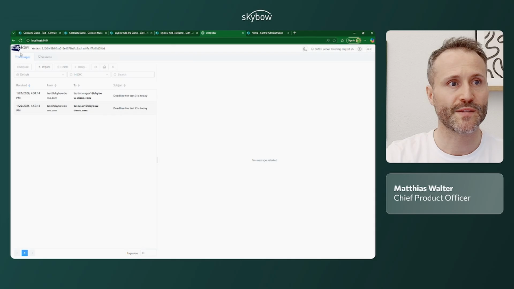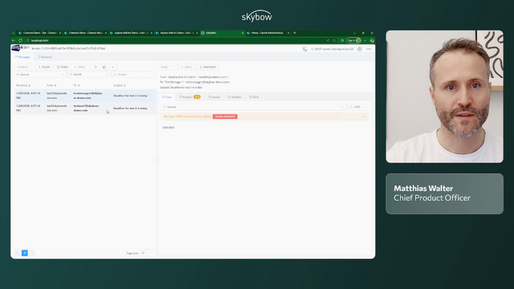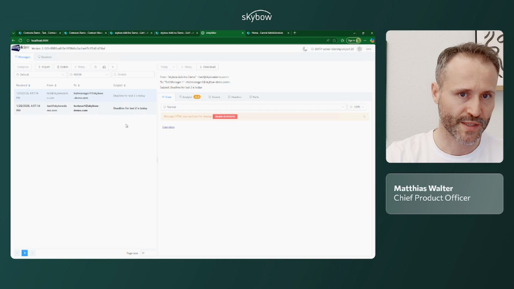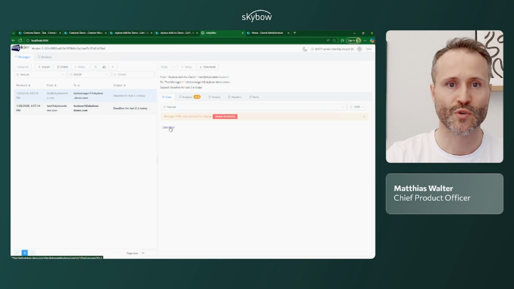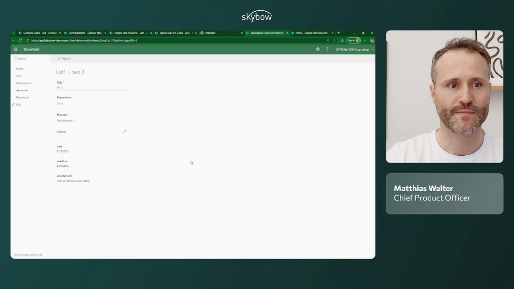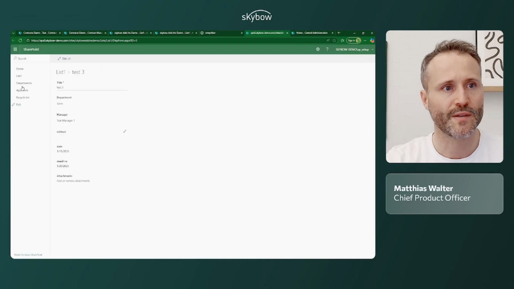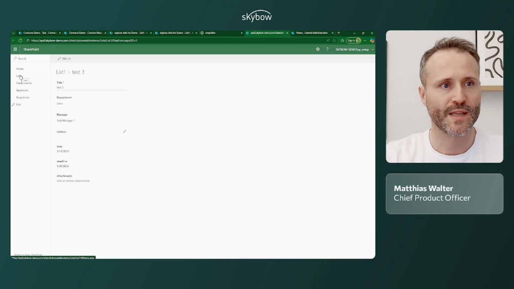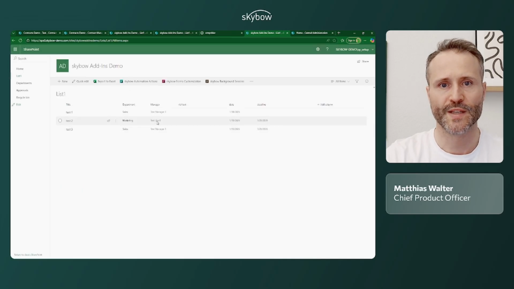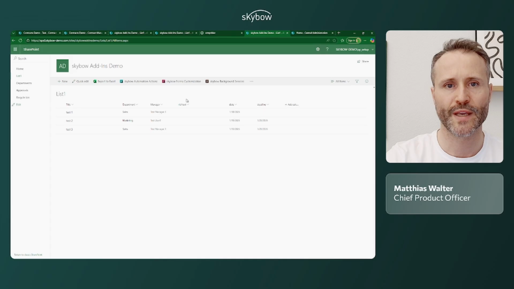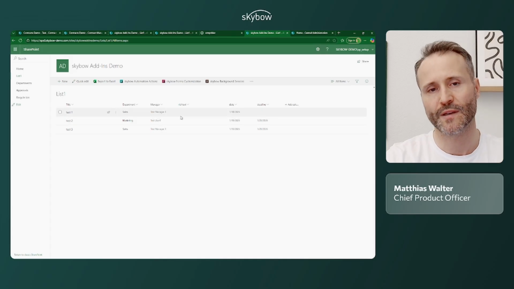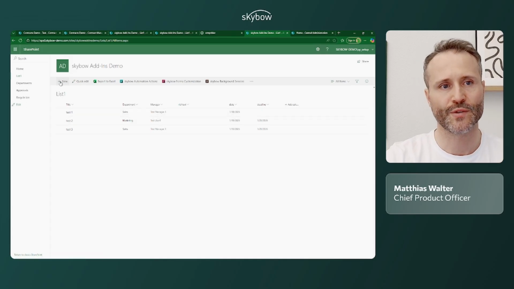So this is just on my server. I have this SMTP for dev, which is a simulation for emails. This is for email 1, email 2. They've been sent. I also have the link to open the item directly in the email, like this. So this works on a list. And last but not least are these calculated things, the calculated column, and that an item is written into another list